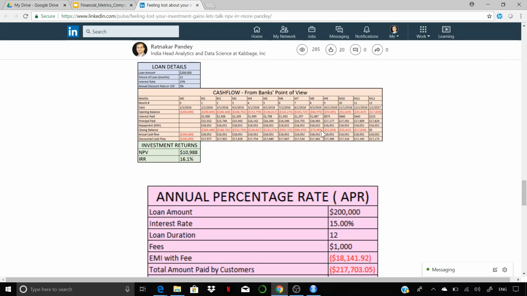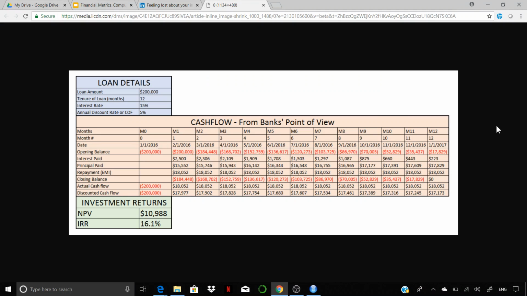This is a very detailed view of all the things which are laid out over here. Again, as I said, you don't have to worry about the calculation right now. This is all done in Excel, but you can see exactly how the cash will be coming in on this loan. $200,000 originated and 12 months of collection, and we have 18